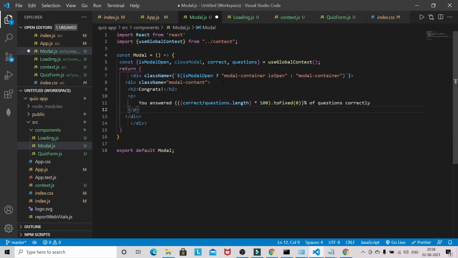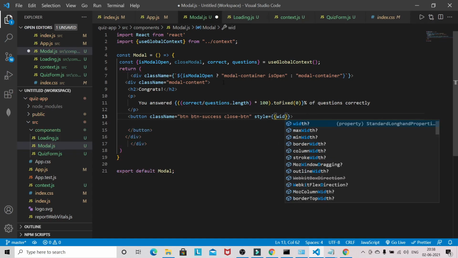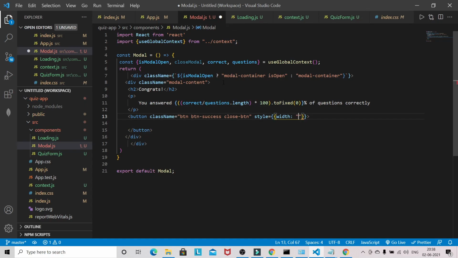Now we'll have a button after the p tag to basically start the quiz again. Okay, so class name btn success, close btn style, and I'm giving the width 50%, and on click.